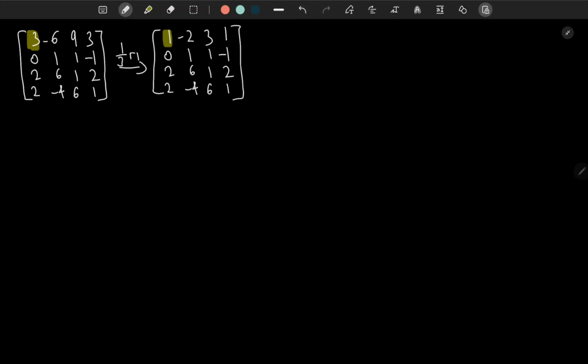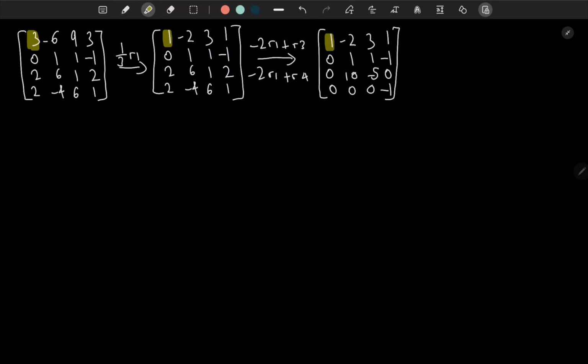so after multiplying the first row by 1/3, we can now use row 1 to reduce row 3 and row 4. So it is going to be -2 R1 plus R3 to make this 2 into 0, and again -2 R1 plus R4, and now we will get the matrix as, so after doing that operation again, now we look for